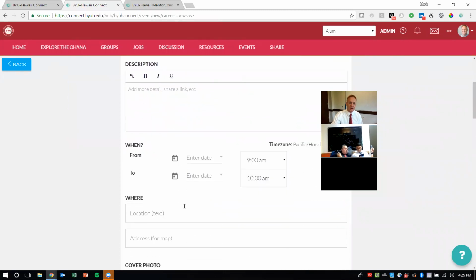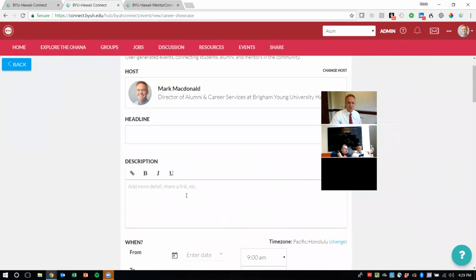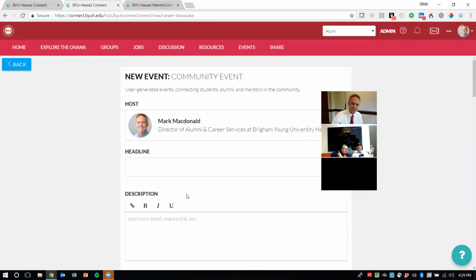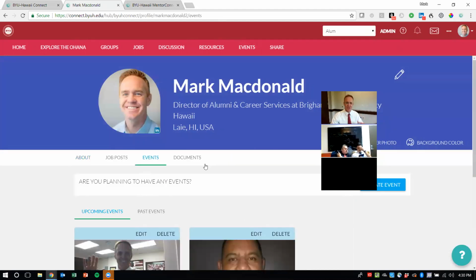You can come in here and add an event. It won't automatically be published. We're going to need to approve it, just to make sure you're doing good things. We trust that you will be, but someone could misuse this, so we'll approve the events, and then they would be added in here as well. So please get your creative hats on and join us in that.